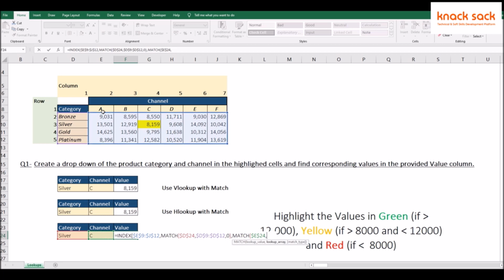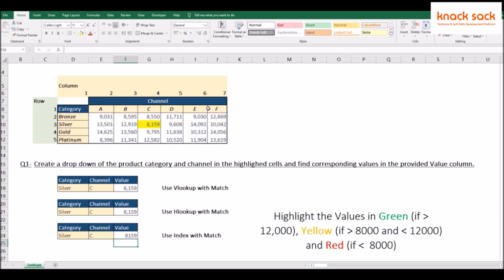Then comma. Then provide the list of channel. Freeze this array. Comma. Exact match, bracket close, and again bracket close for the index. Press enter. So we have 8159 in all the three cells.